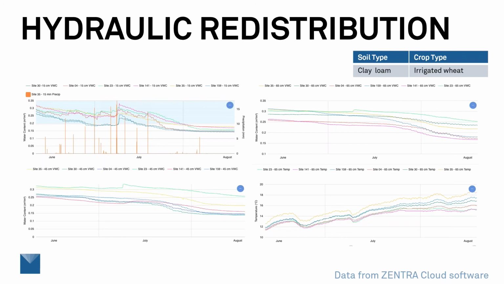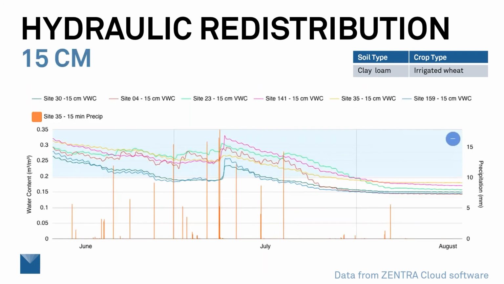And so these sensors are all in the same field, all within about 500 meters of each other. And we have the temperature measured at 65 centimeters here too. And I'm going to try to show you what I believe is happening is actually water being taken up by the roots. So here's 15 centimeter water content. We see precipitation and irrigation events across the year. And now we're running from mid-April into the end of August.